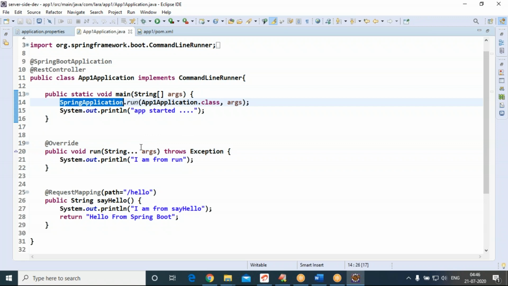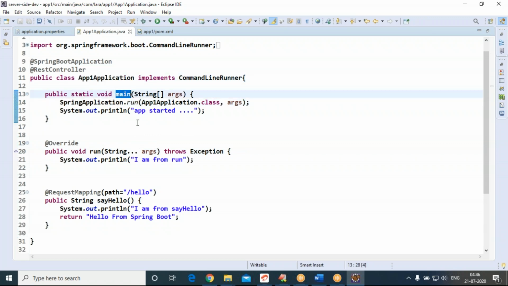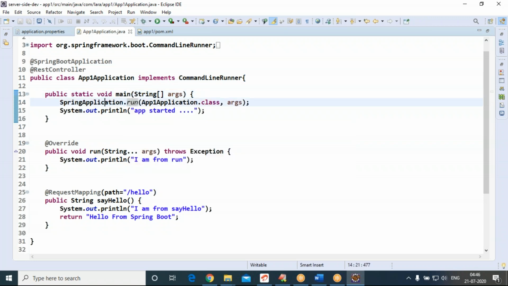I repeat one more time. While executing this class, the main method executes. The main method gives a call to the run method of SpringApplication by supplying our application class as an input. In the run method of SpringApplication, it is calling the run method of the app1 application if the app1 application is a type of CommandLineRunner.